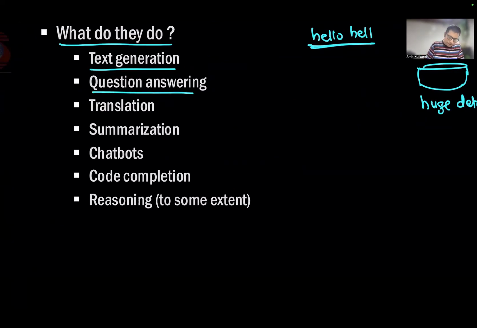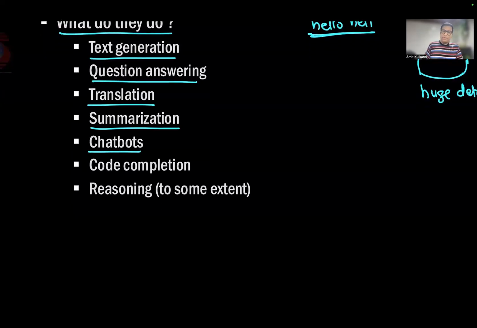as well, like question answering, which is what ChatGPT does, or translation from one language to another language, or summarization. You must have done that. Passing the document, you can say, hey, summarize the document and pass it to me, or summarize this email and just give me the gist of it. It does that job pretty well because it can understand the patterns inside it. That's the reason. Of course, chatbots, the best example that we are using today,